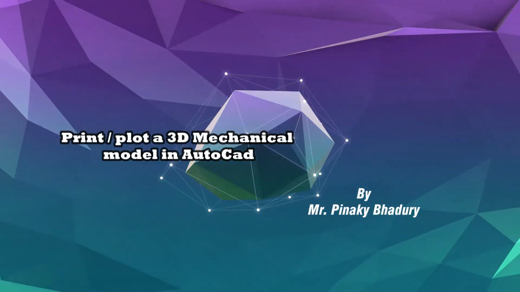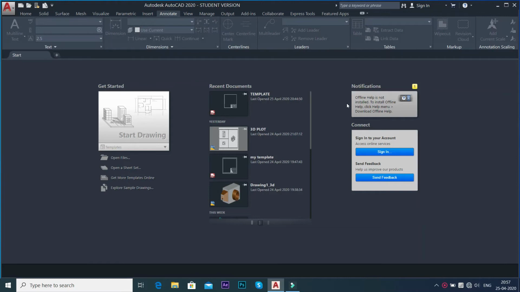In the last video, I showed you a technique to go for printing or plotting options in AutoCAD 3D. We used a 3D model for presentation purposes, and we showed how to create layouts and how to go for the final printing options. Today I will show you another technique with the help of which you can go for a similar type of representation. I mean, you can represent a 3D object in the layout page, and then you can finally go for the plotting or printing options in AutoCAD.